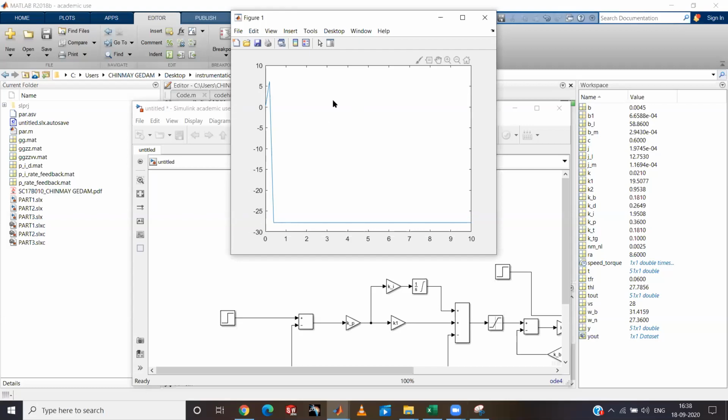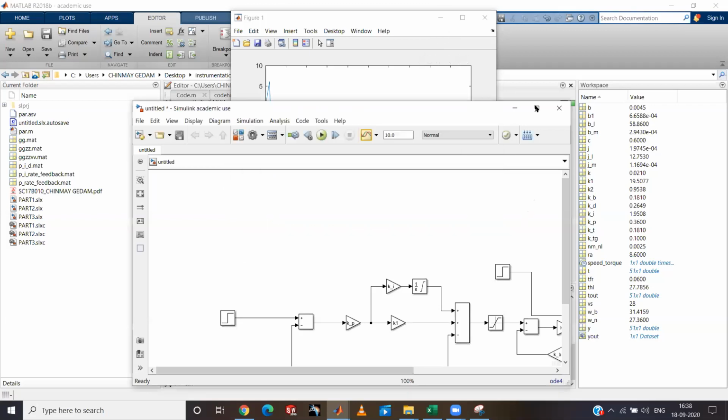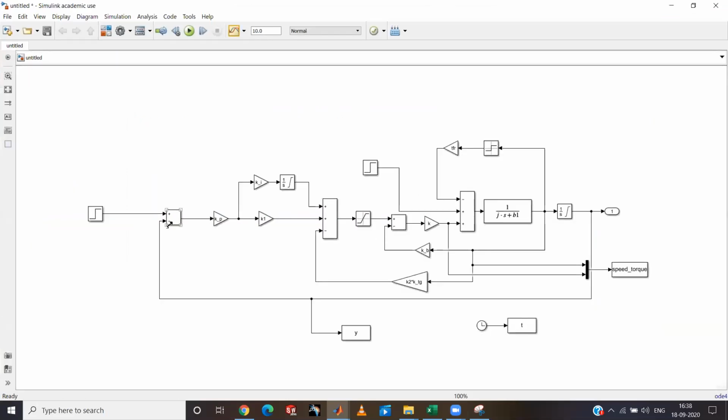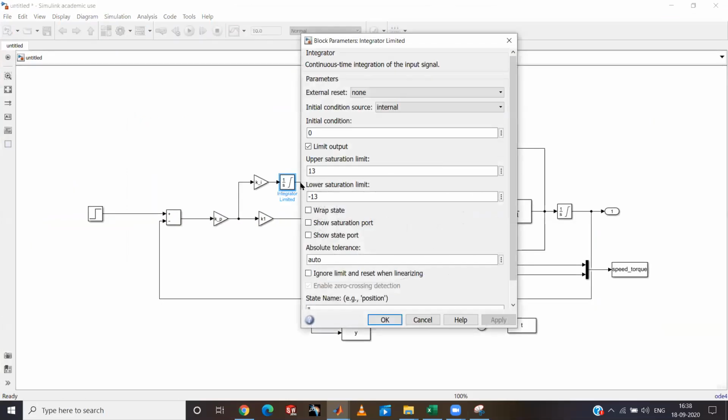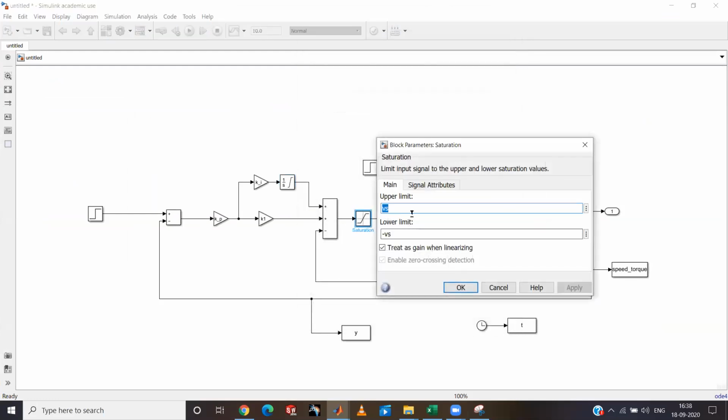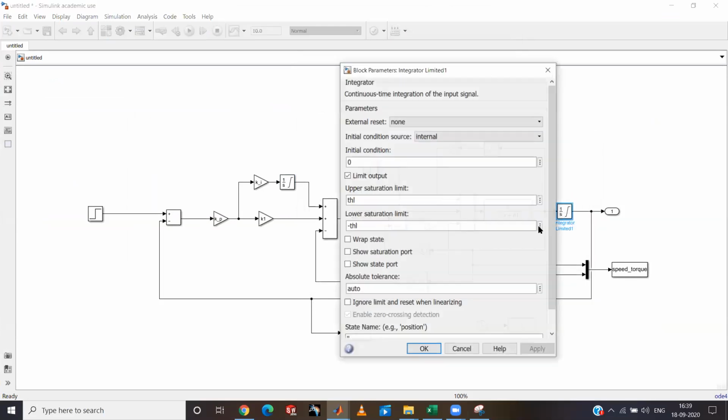Yeah, this is not correct. You check the limits. You check all the limits. This integrator one limit plus or minus 80, okay. Here, plus minus. Last one. And you check if this code is valid for you. I have given some theta limit to something. You check the entire parameter file and you check the input.